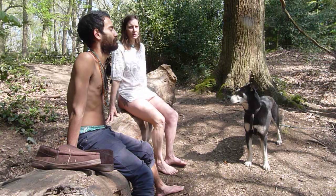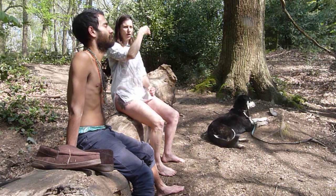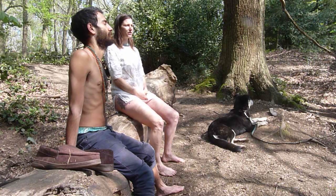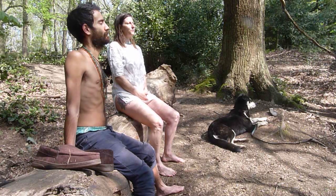So we're just going to feel how our spine is like this pillar. The tail is going down, and it's all part of the same rod. And let's just do a little wiggle. So feeling that spine really, really straight, we're going to do a wiggle on either side. And as we do our little wiggle, we're going to just feel the